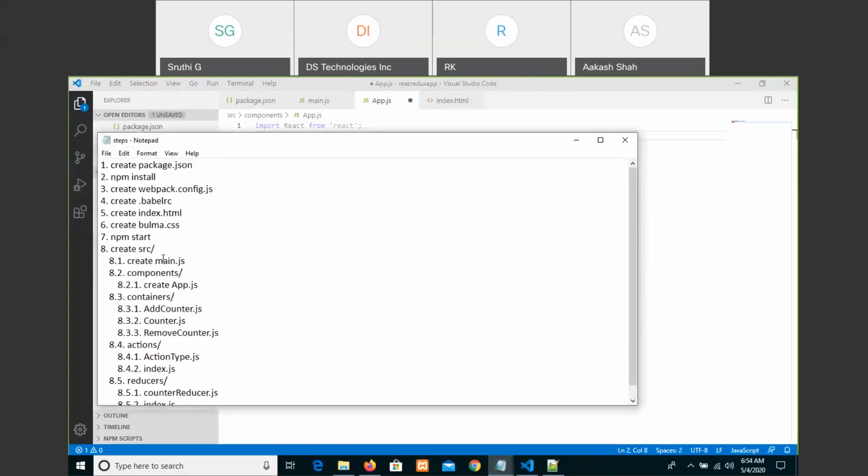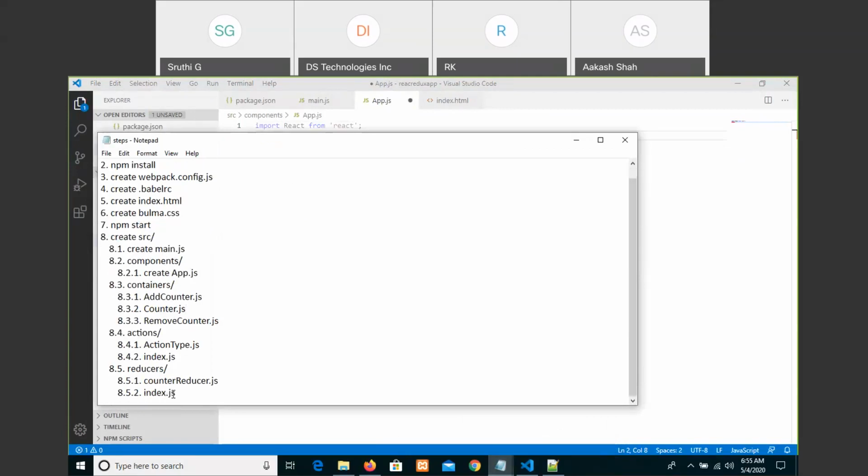In the main, you are connecting to the app from the app containers, the functionalities. Based on the action done, it will enter into this functionality and it will throw that output to this, and it will revert the output to the app. So now we are going to create